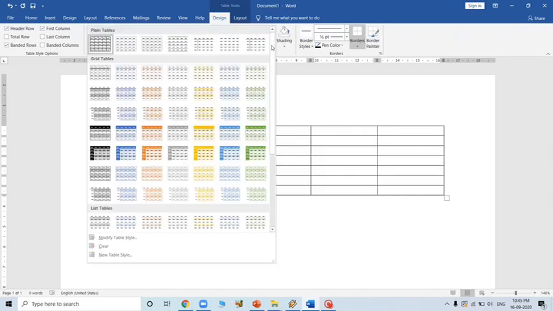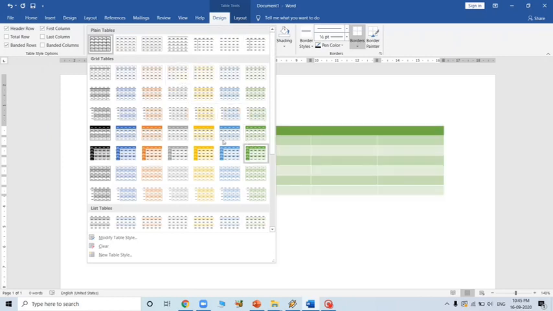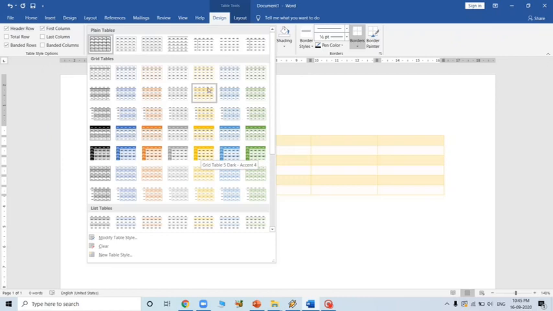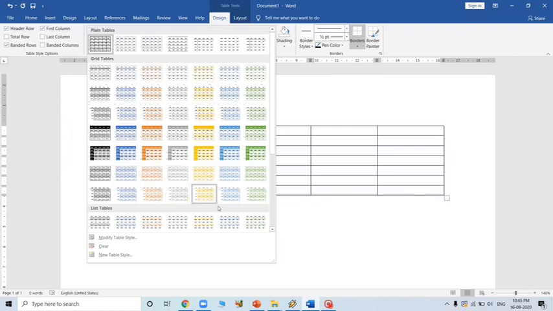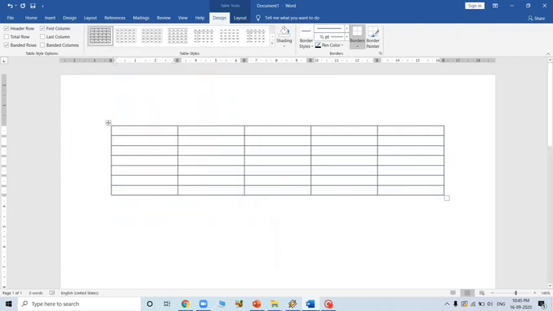You can do some formatting from here. Like this the color will get changed, and it will look like this. According to your choice you can select the colors. Now we will simply start typing. This is all about computer generations.